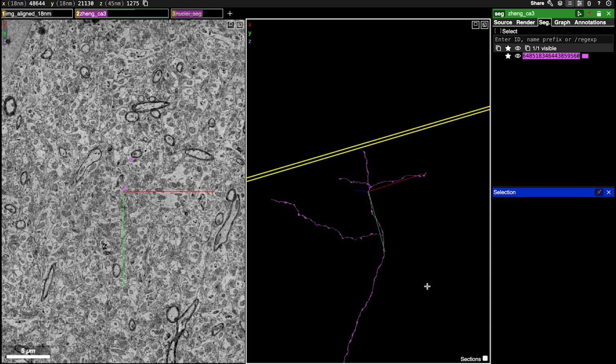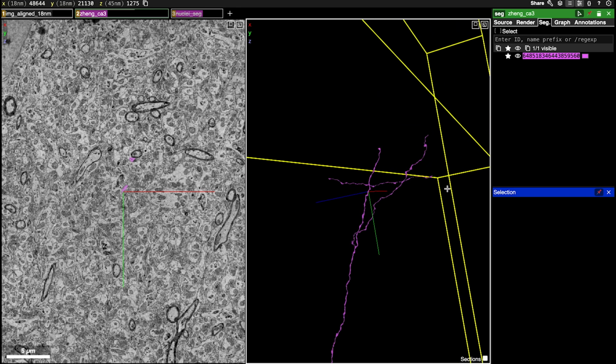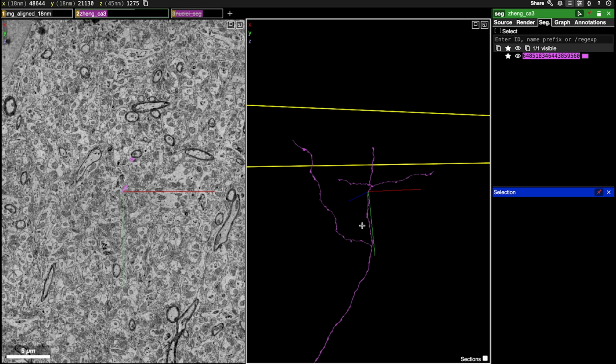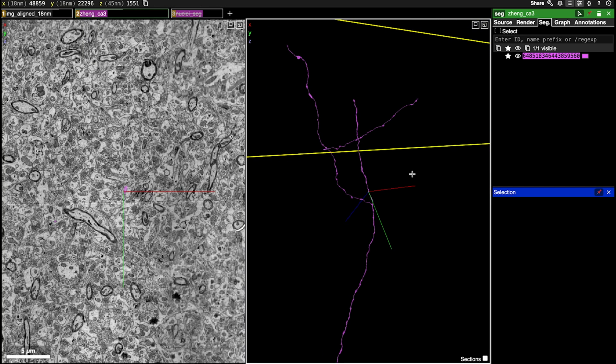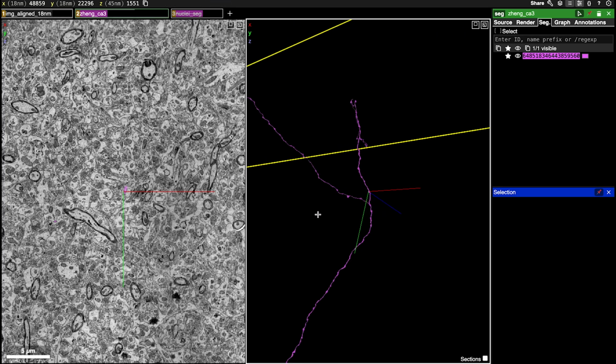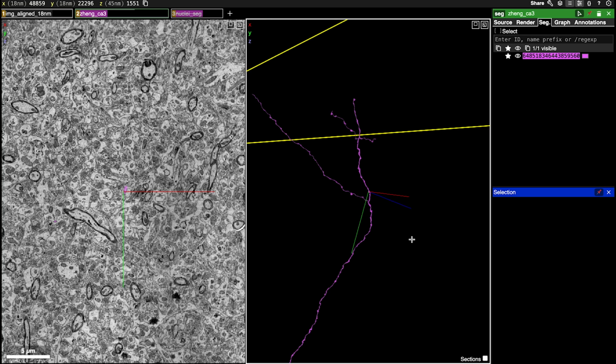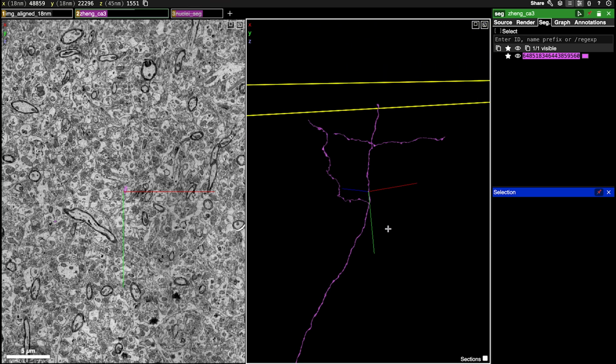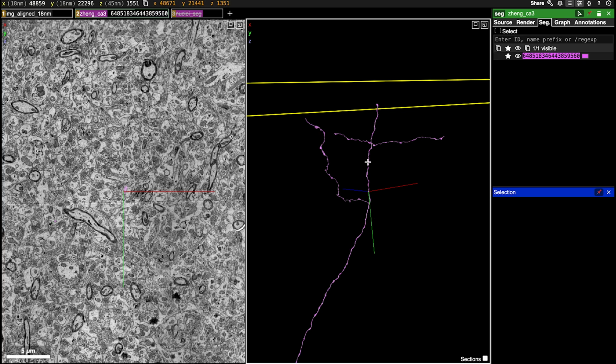Hi all. So in this video I'm going to show you how to complete a task for challenge 1 in the CA3 dataset. So for this example we have this starting task. For these tasks you're just going to be trying to extend all of the branches on the segment that you have received. For these segments we don't have a seed coordinate, like a starting place on the cell,